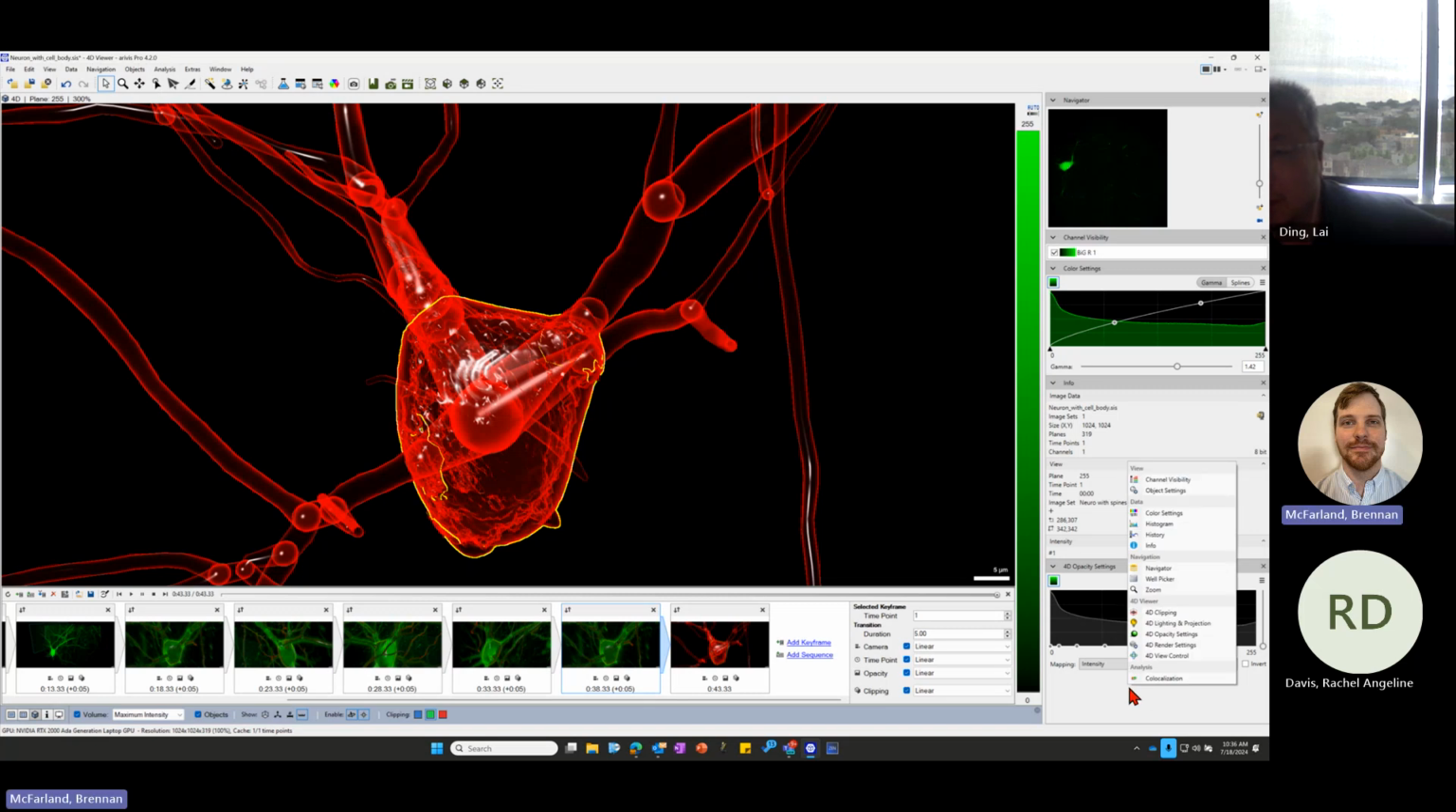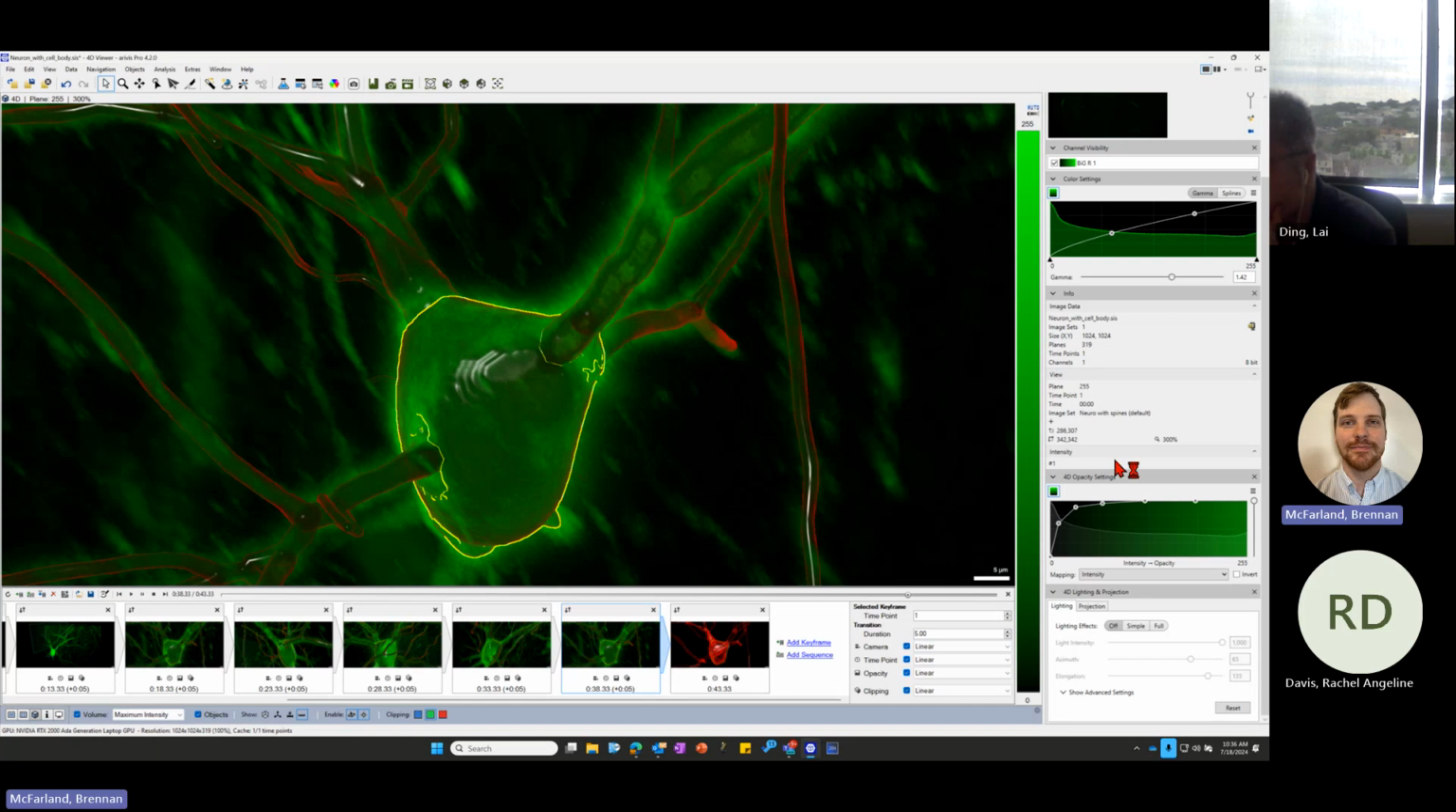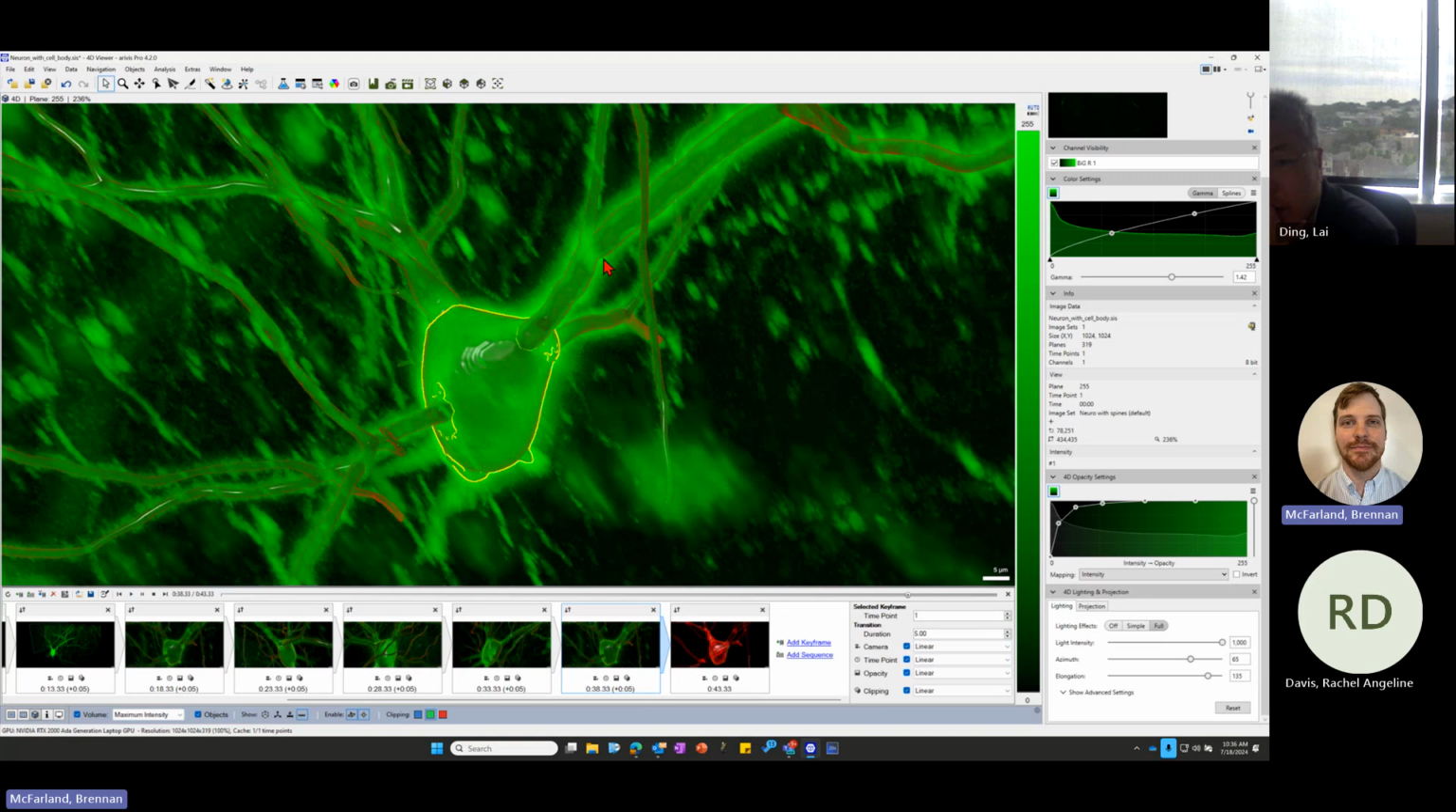Another thing that we can do is there's this 4D lighting and projection setting. If you really want to unleash your inner director, if you will, we can turn this on to be full, and you can see that when I adjust this, it's going to change the lighting, if you will, around this. So if we wanted to kind of reduce this intensity,